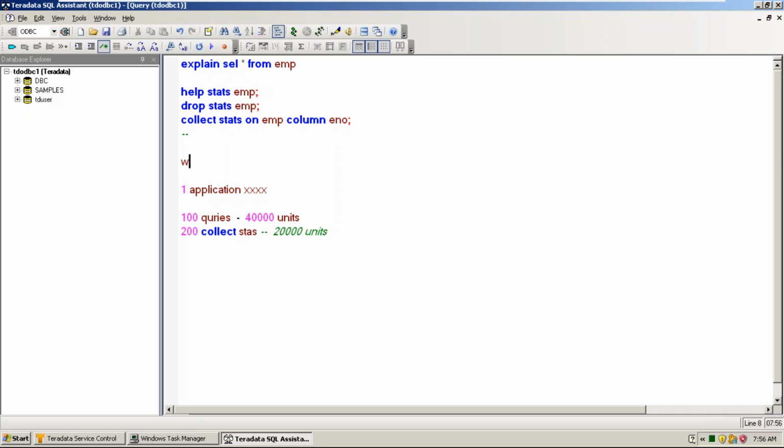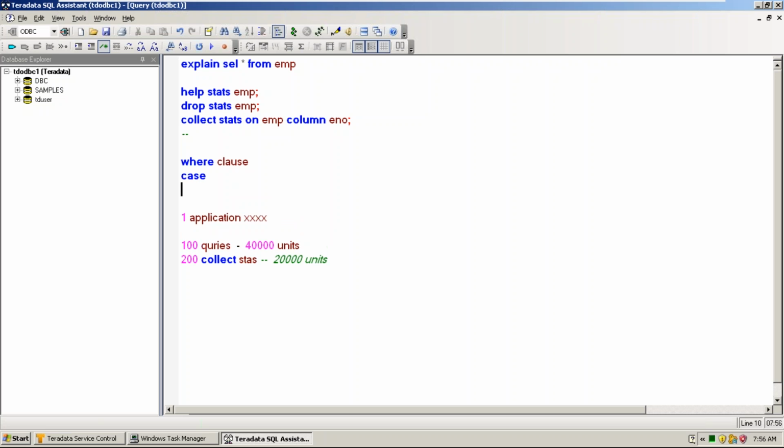Okay, conditions, when we say where clause columns, case columns, joins, okay, what else? So if the columns are being used in any of these conditions or joins, case statement, coalesce, nullif, all the case variants, basically, if we apply any functions, arithmetic functions or group by,